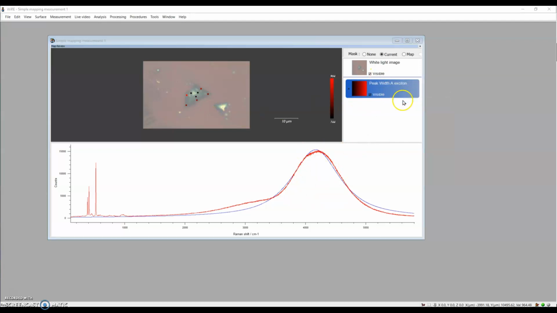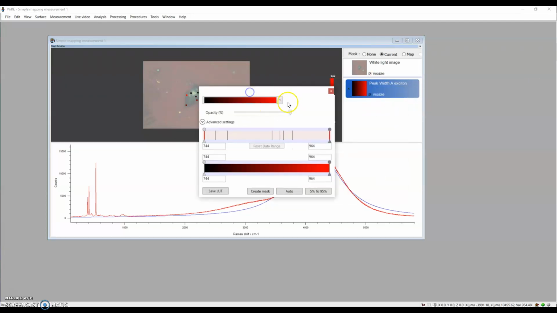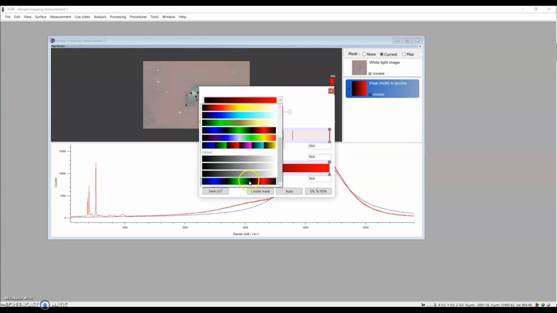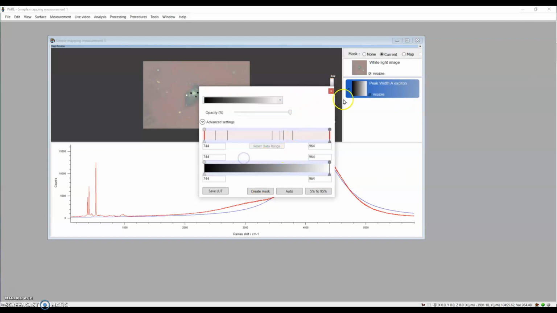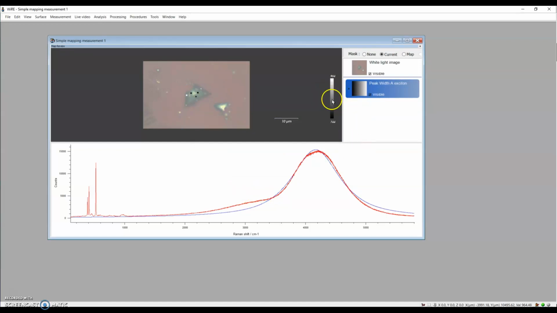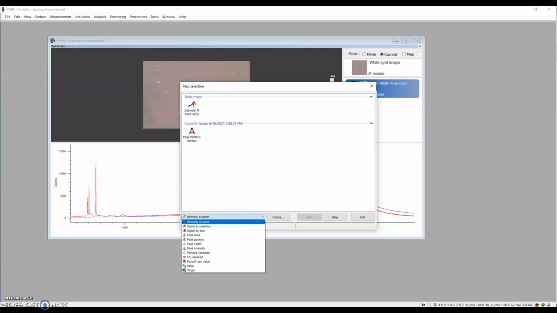If you want to change the color, go to LUT control, and you see it's on red color right now. What we're normally using is the gray color. So you can do this. That's your peak width. And again, you can go analysis, mapping, review, and you can also look at peak intensity,